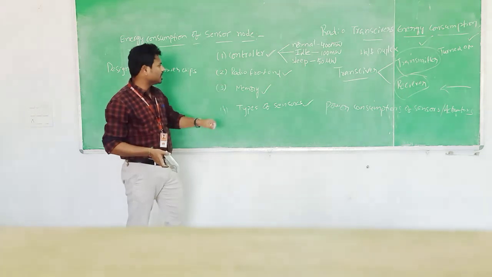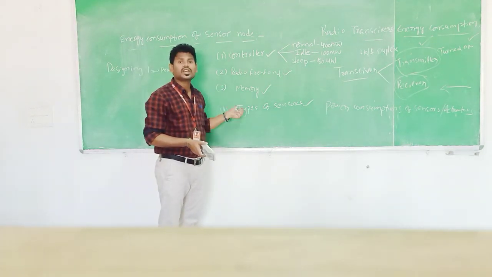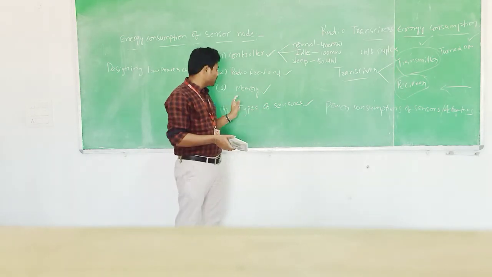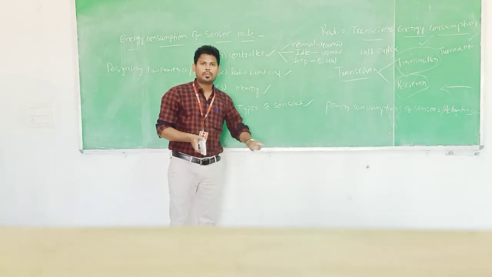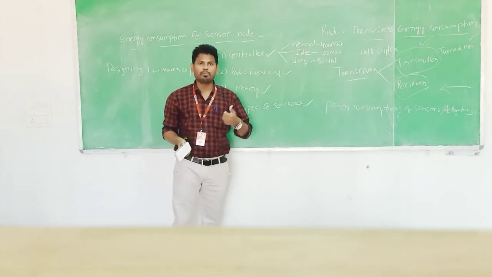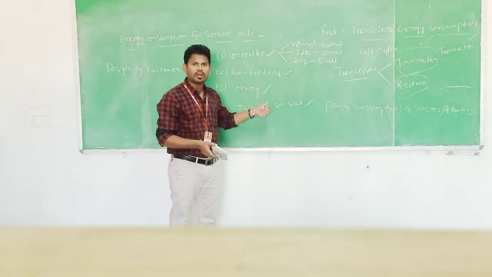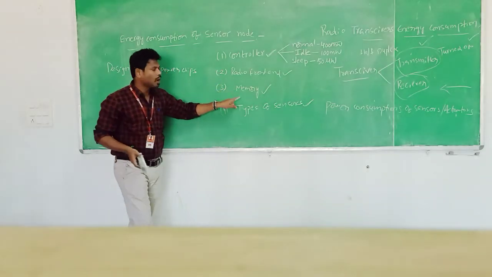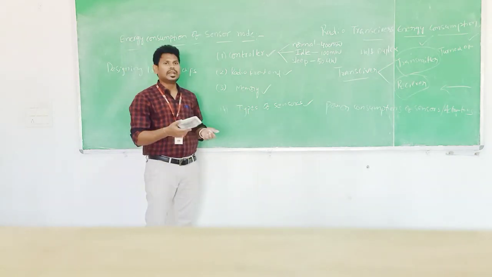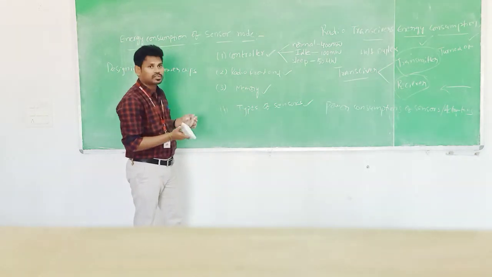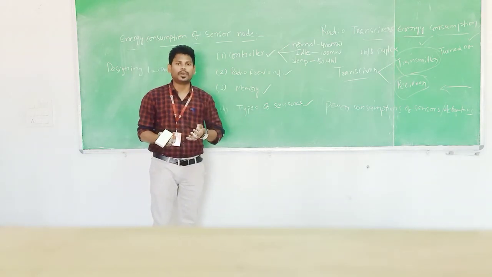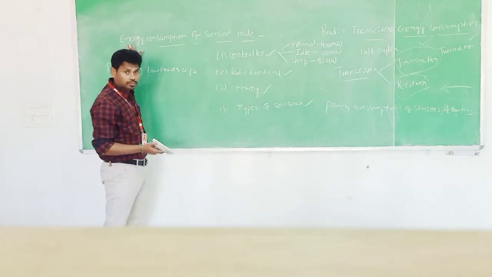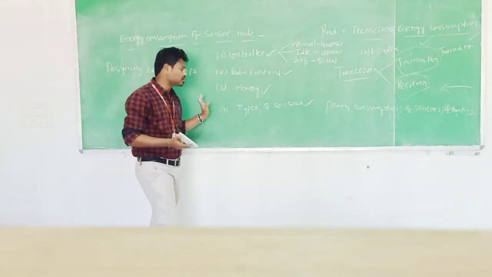And the second one is energy consumption of memory. To read or write any memory, such as flash memory, the energy consumption will be more. So to reduce that energy consumption or power consumption, you have to reduce the read or write operations in the memory. Then you can automatically reduce the energy consumption in any wireless sensor network.